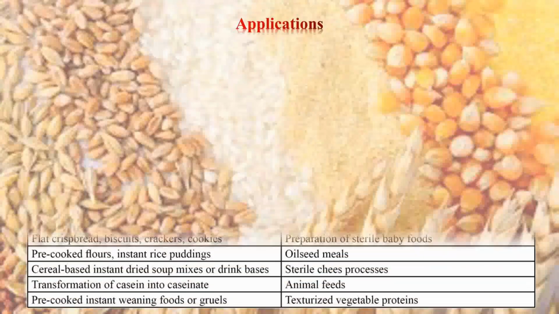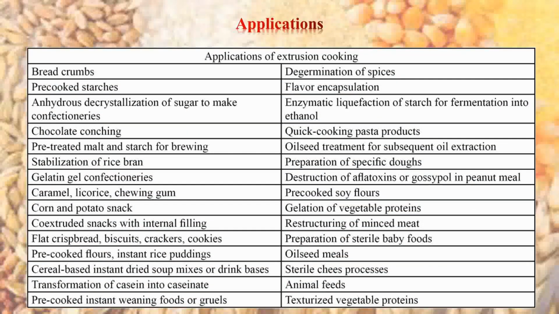And the applications of the extrusion chamber are for formation of breadcrumbs, the toasted breadcrumbs like the crouton breads out in the market, the bland toasts and all, pre-cooked starches, anhydrous decrystallization of sugar to make confectionaries, chocolate conching, and pre-treated malt and starch for brewing, stabilization of the rice bran, gelatin, gel confectionaries, caramel, licorice, gum, chewing